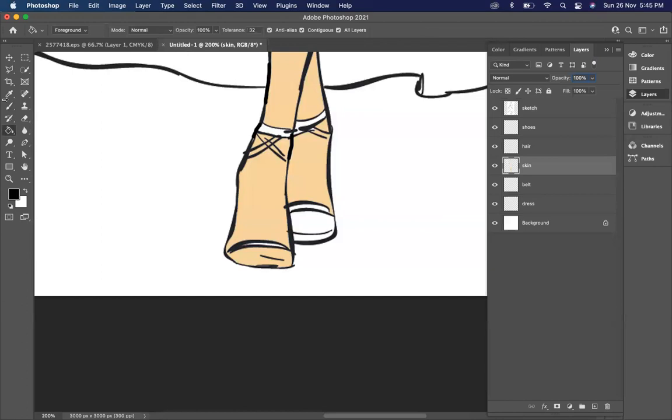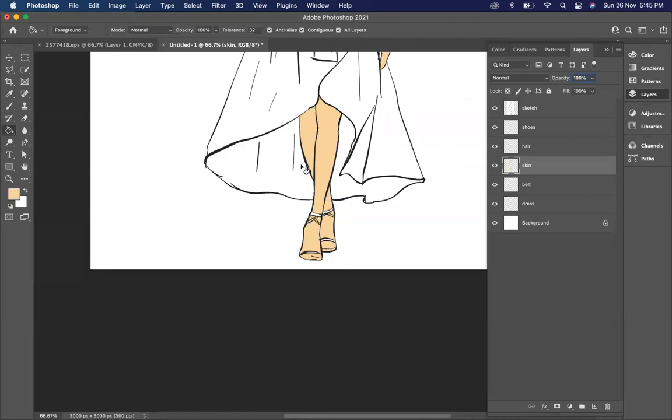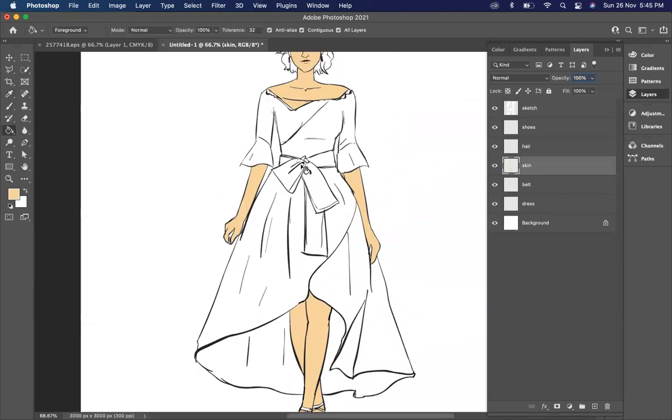Use the paint bucket tool, use eyedropper tool first to pick up the shade, use paint bucket tool and fill up the color. Okay, ये आ गया कलर इसके अंदर। Everybody do the coloring for the skin. Skin का coloring कर लो। Same way आपको ड्रेस का coloring भी करना है ड्रेस के लेयर पे। Everybody do this. Skin coloring कर लेना।